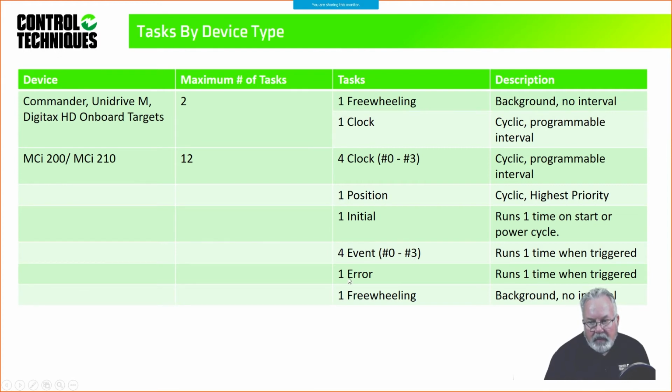There's an error task, which also runs 1 time when it's triggered. Then there's a freewheeling task. Just like we have on the onboard, there's a freewheeling task here, and that's the task that we're using right now. So to get a better understanding of how these tasks relate to one another,